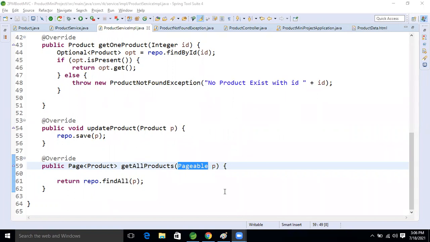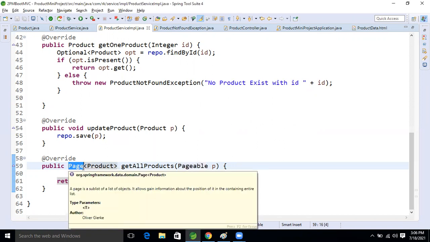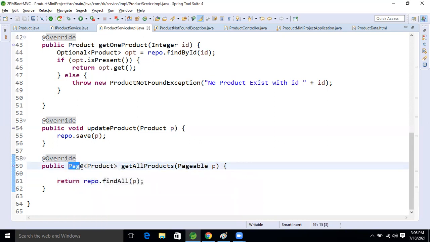Sir, we are writing Pageable, okay, but the numbers 1, 2, 3, if we want to display them, do we have to write any logic, or will they come by default using the Pageable class? Not the Pageable class, right? Those things will come in the Page interface. I said that some metadata will also come. What is that metadata? Is last page, is first page, page number, page last number.